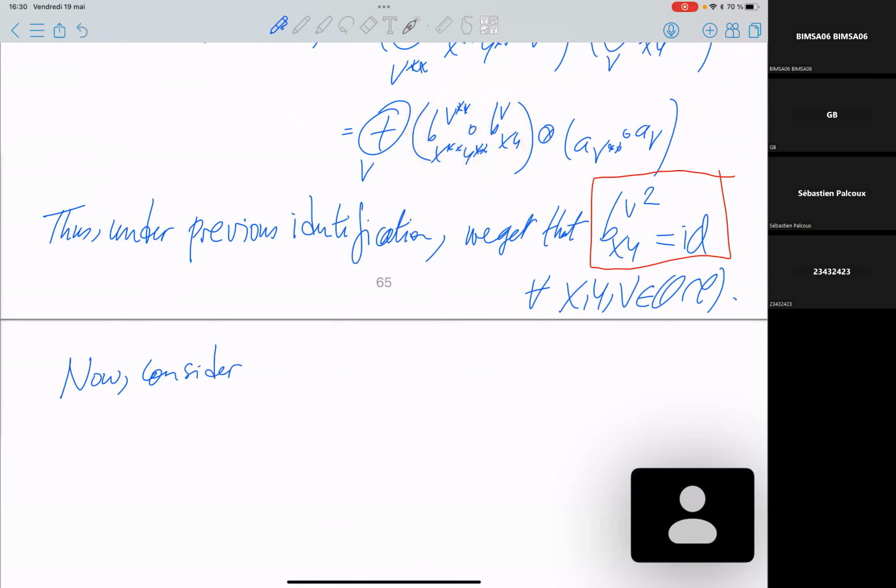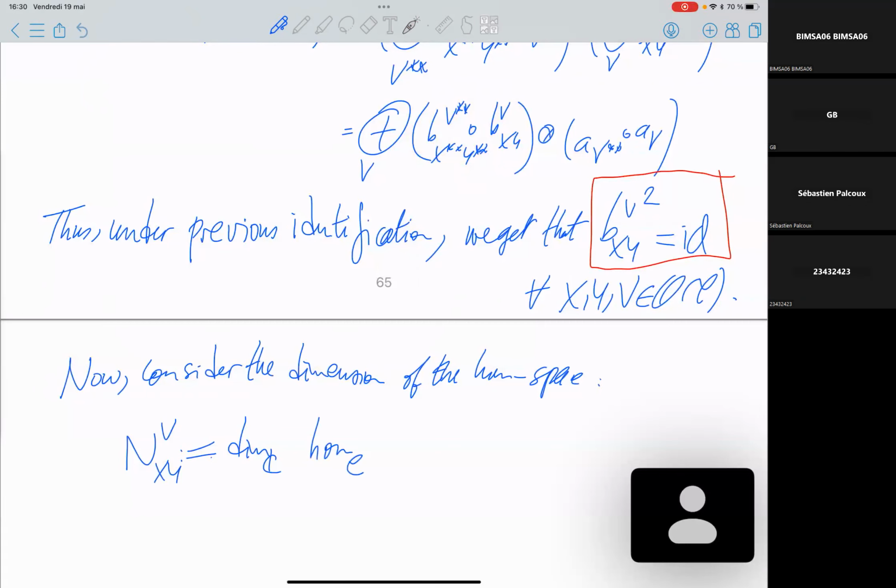Consider the dimension of the Hom space N_{XY}^V, the dimension over the complex field here of the Hom space between V and X tensor Y,